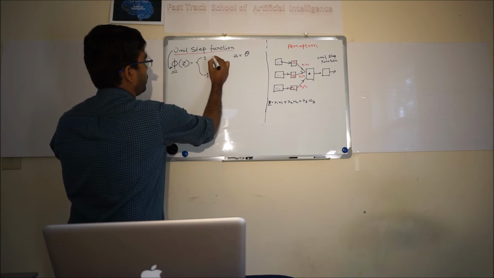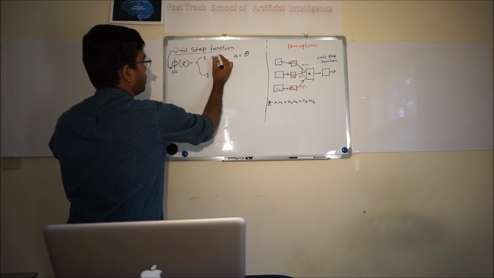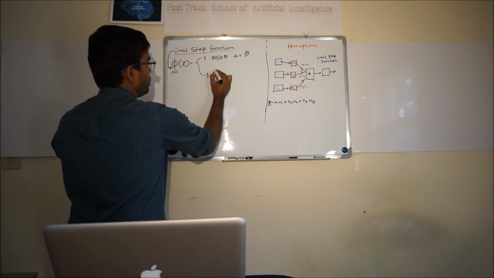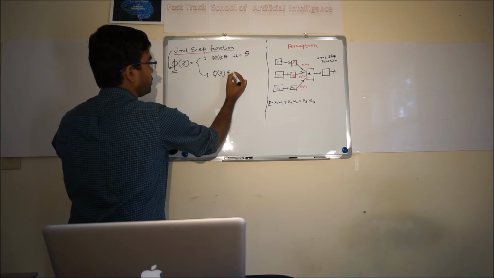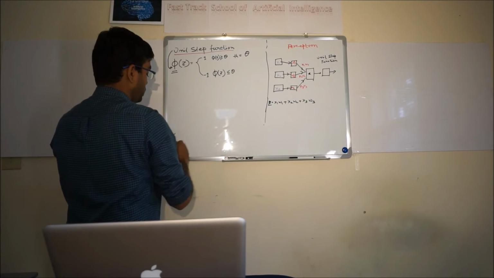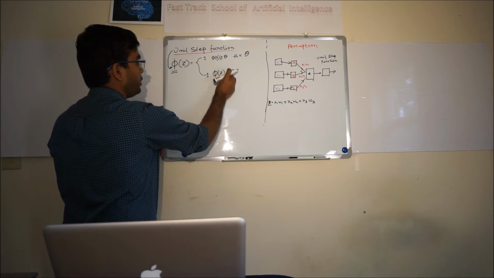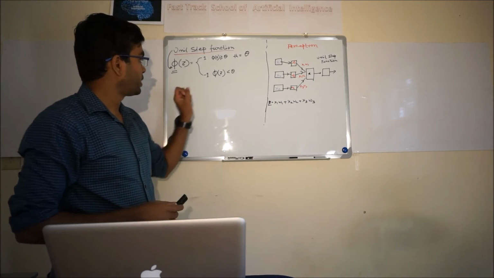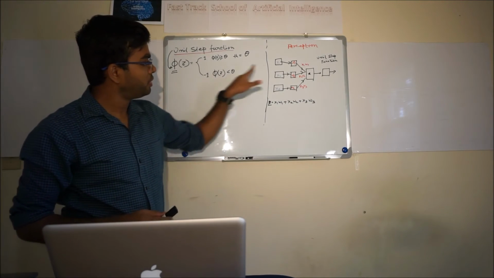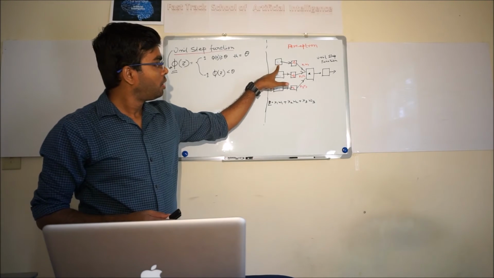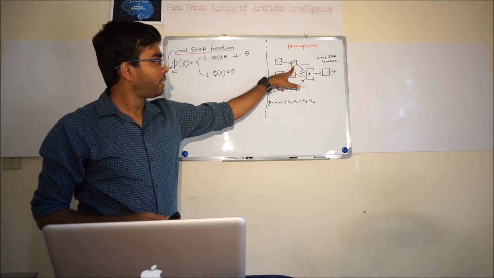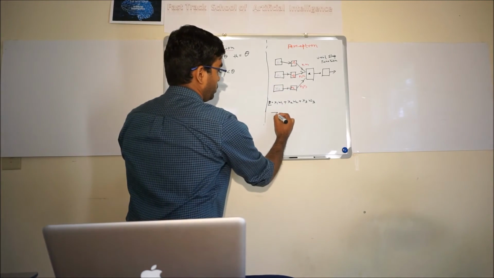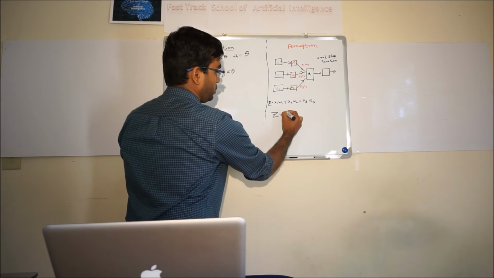Alright, so how it looks: z greater than or equal to theta, or z less than or equal to theta. Should not be equal to anymore, we have already taken equal to here. Alright, I'm trying to explain it once again. This z is basically the multiplication of input and corresponding weights. So in matrix terms we can write z equal to the same equation,